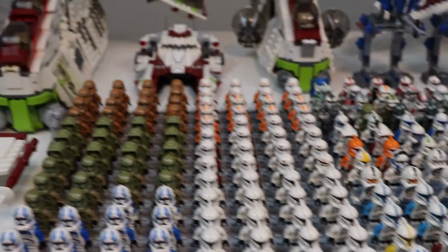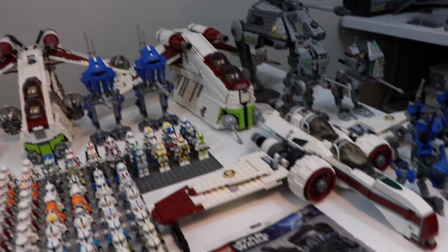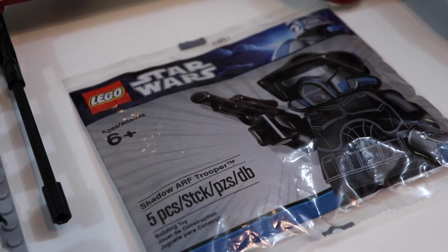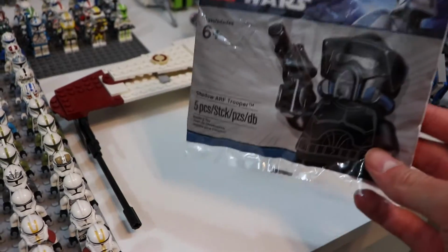But we're going to go ahead and move on to all of my vehicles that are a part of my army as well. Actually, we're going to have to hold up on that for just a second because I almost forgot. Decided to include this bad boy in my army this year, which is the Shadow Arf Trooper, which is the May the 4th promo for like 2012, 2011. I don't know what exactly, but we've